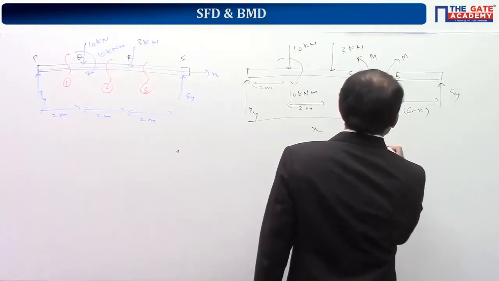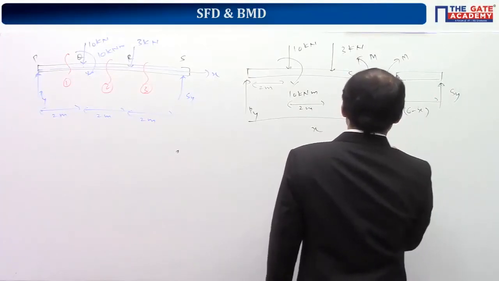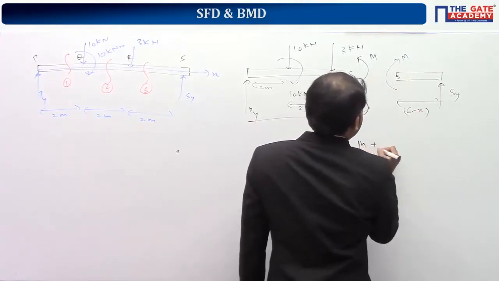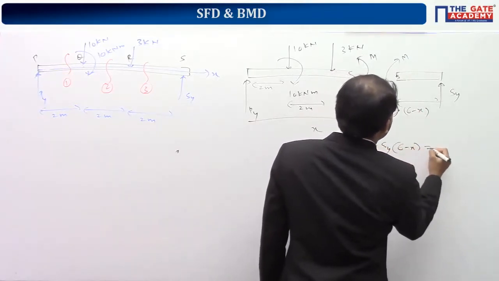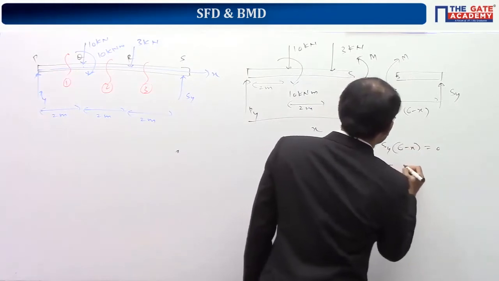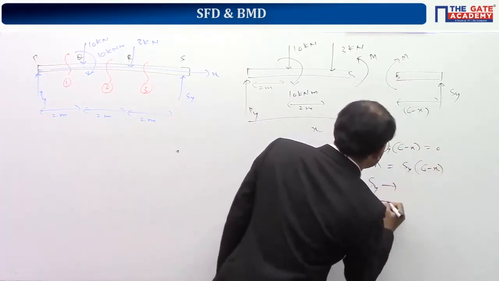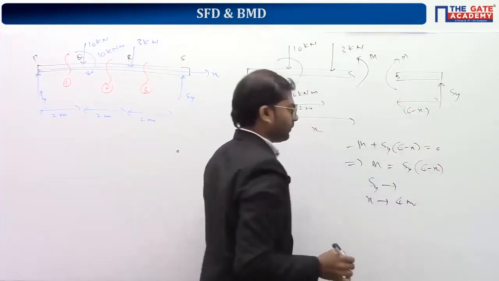So the bending moment M, you can write as M clockwise plus Sy into (6 minus x) anti-clockwise is equal to 0. This implies M is equal to Sy into (6 minus x). You substitute the value of Sy and you should substitute x equal to 4 meter. I think Sy is